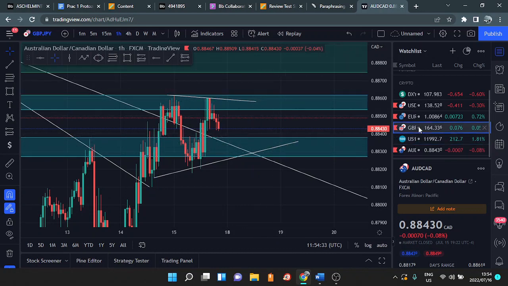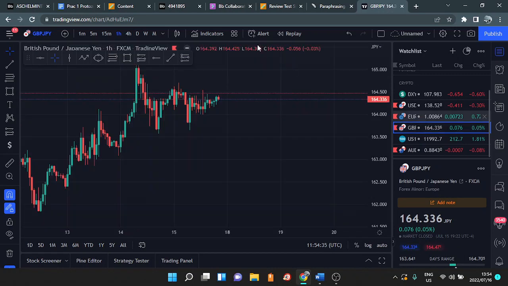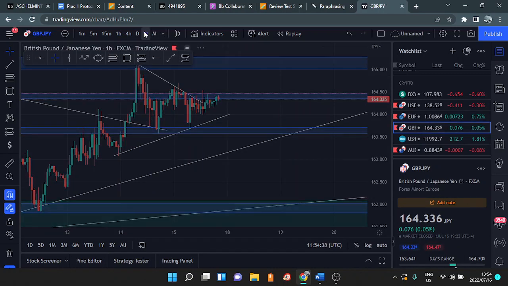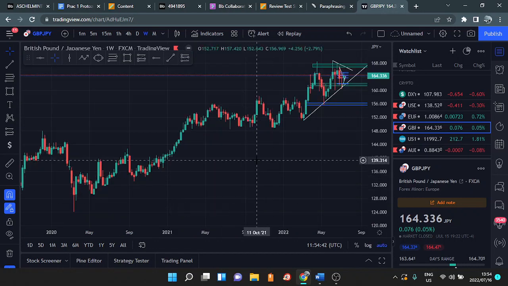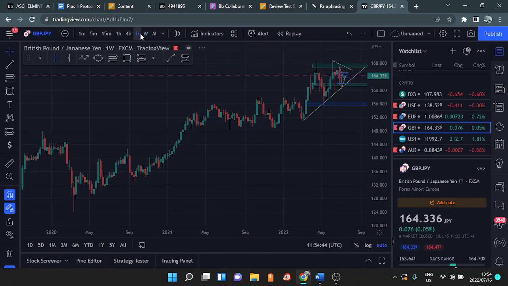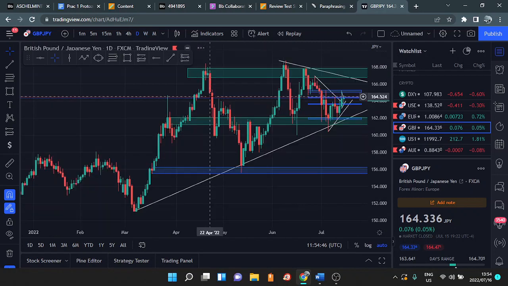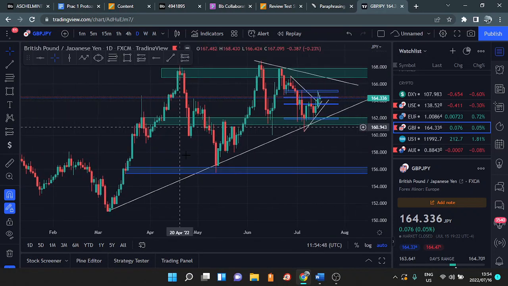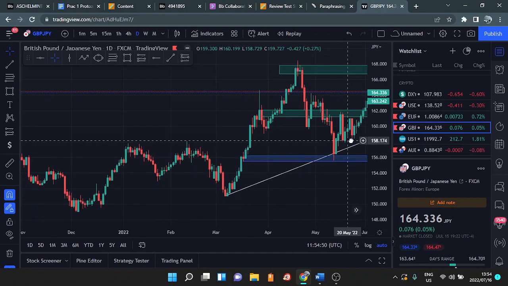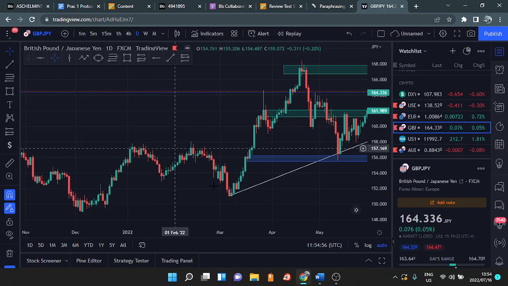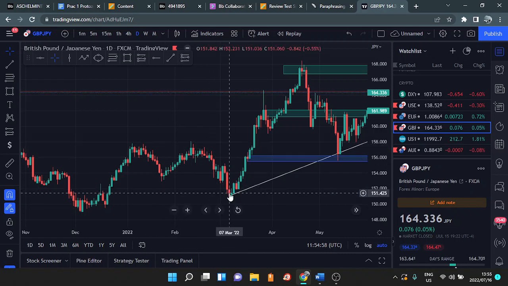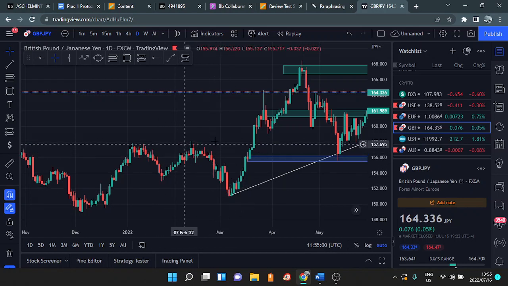Moving on to GBP JPY, starting on a higher time frame. As you can see, GBP JPY on daily has been on an uptrend. As you can see, the market created a higher low, created a higher high, and came back to create a higher low, and came back to break the previous higher high, which indicates the momentum